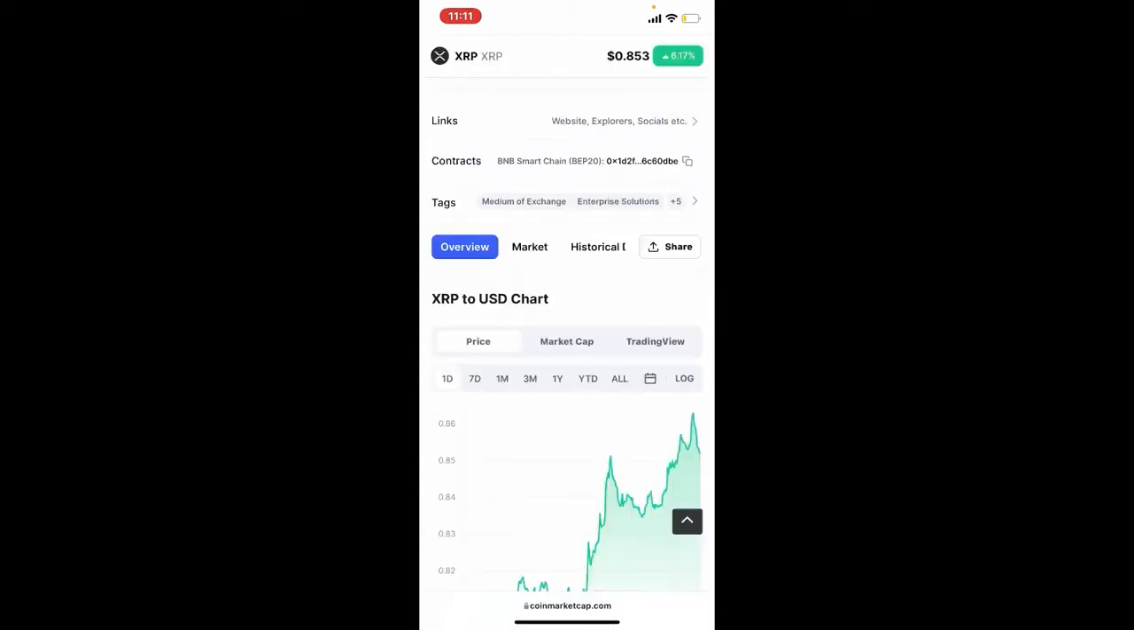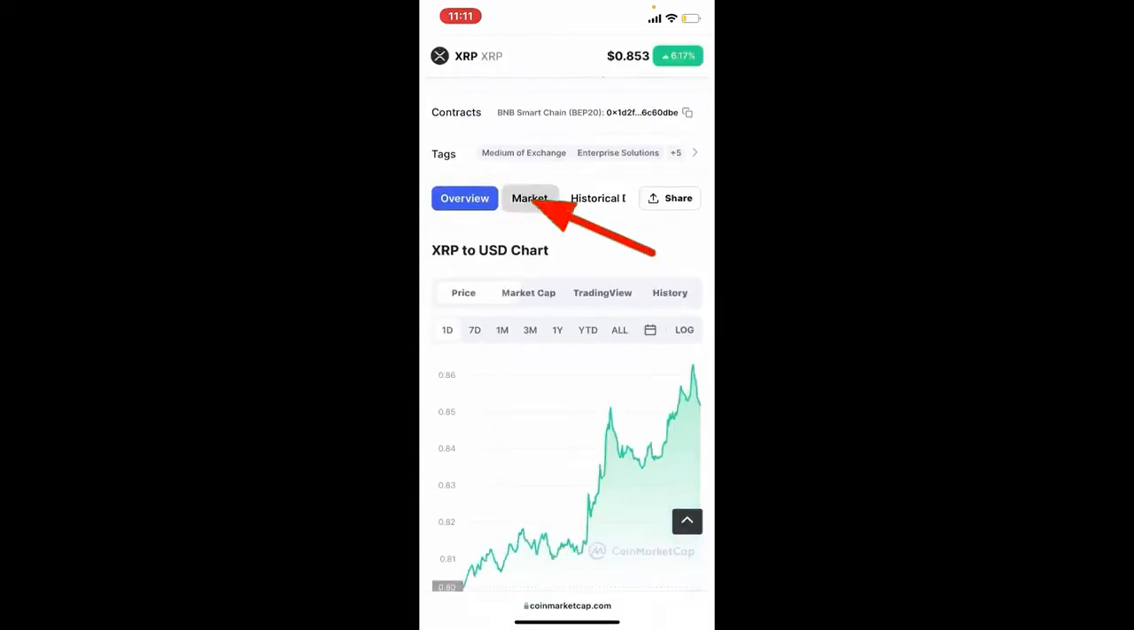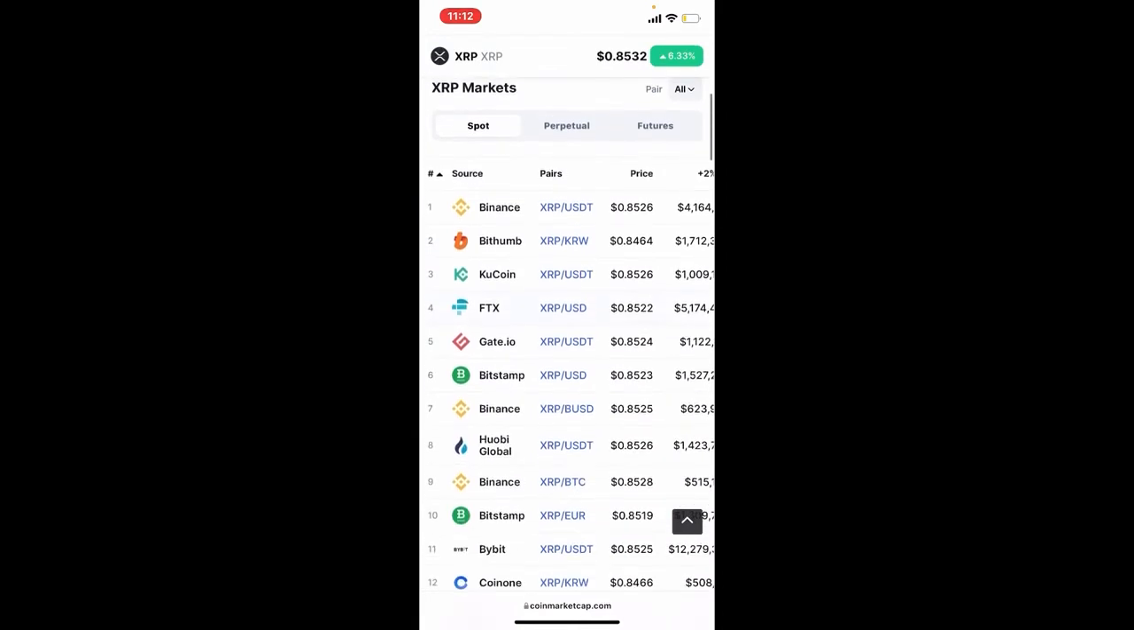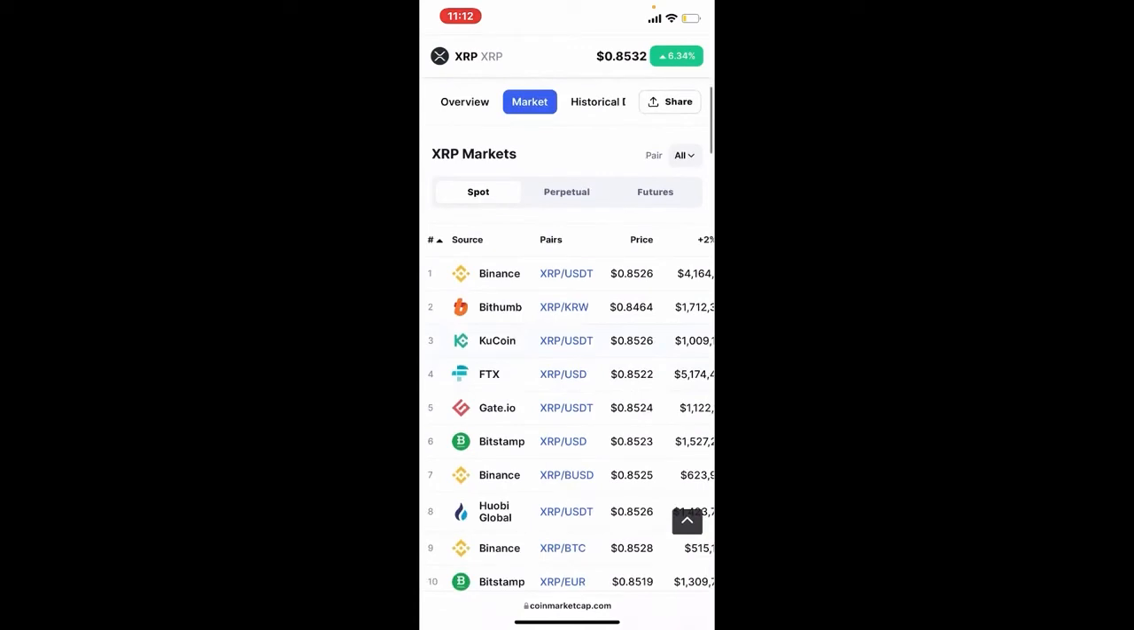Now from this page, scroll down and find this market tab right next to overview. In this page, you'll be able to see a complete list of places you can buy XRP from. Right under pairs, you'll be able to see the shorthand for XRP plus a second currency displayed. The second currency is what you can use in order to purchase XRP. For example, if you want to buy XRP with a US dollar, look for the label XRP/USD, tap on one